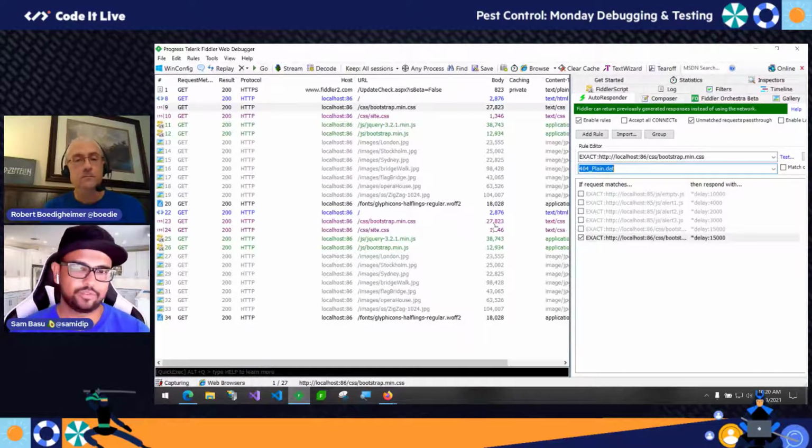And what if you're missing a JavaScript file? What's the user experience like? It's hard with normal tools to cause a specific failure for a specific resource. And that's why I find Fiddler is really helpful for that.